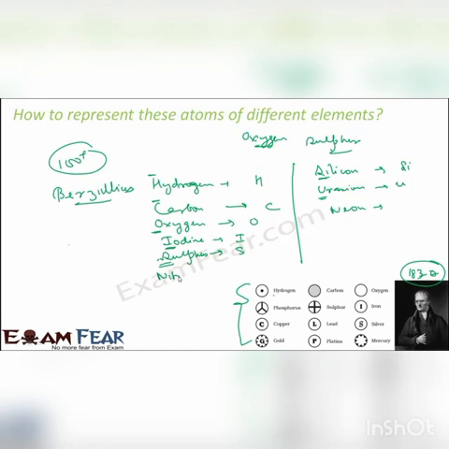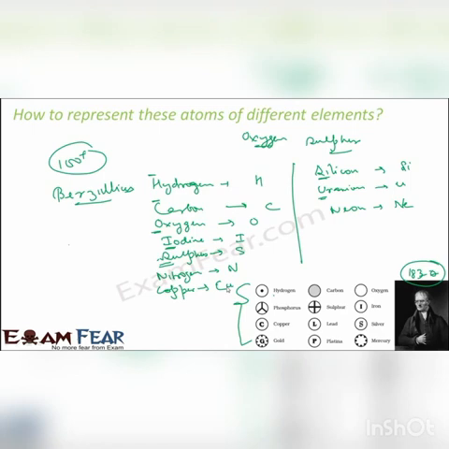See, nitrogen is represented by N. The next element found was neon, and neon was found after nitrogen, so N cannot be given, so Ne was used to represent neon. Right? Copper. So copper, it can be C, but C is already given to carbon, so C cannot be given. So it was Cu.